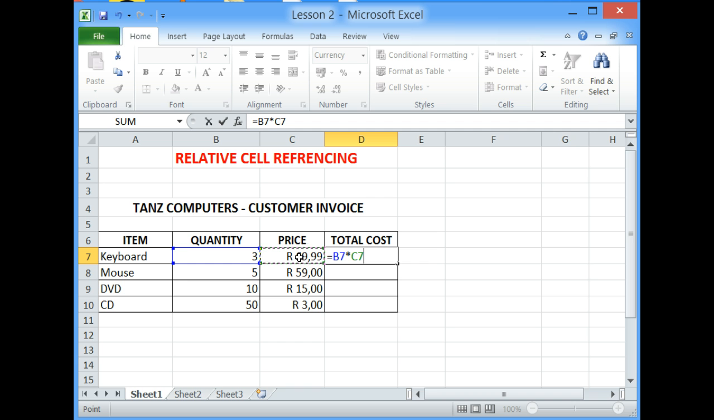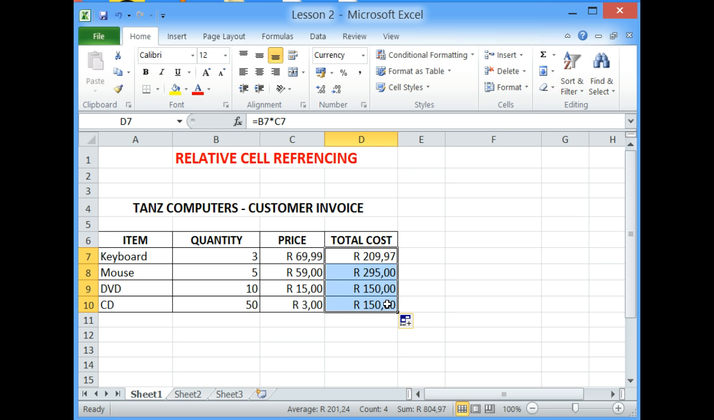I type in the formula in cell D7 and I press the enter key. So the total cost of the keyboards will be the quantity times the price, and we typed in the formula equal to B7 times C7. Now I am going to copy this formula using the fill handle